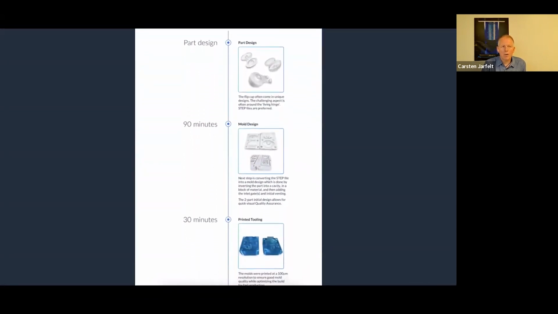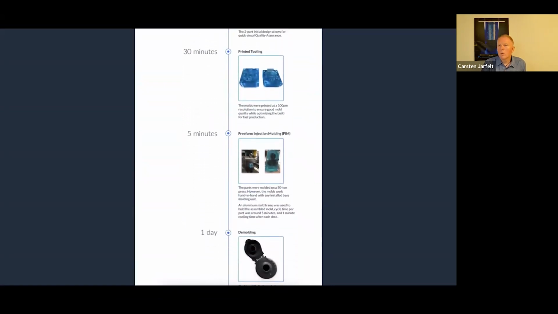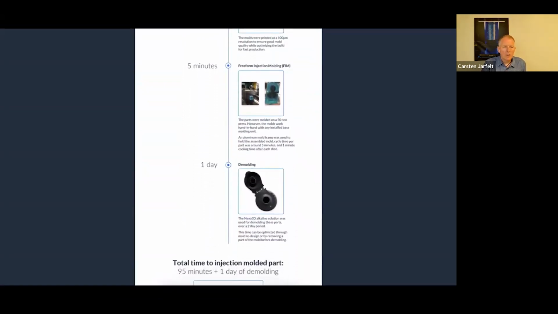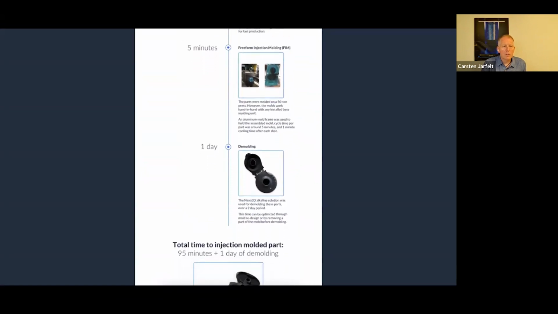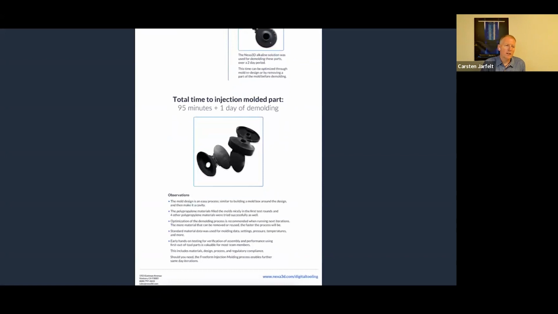as we just showed. You have a part design that you want to bring to life. Then you do a mold design. Then when you've done that mold design, you print the tools to mold the part. And you then mold the tools, then you go to demolding either manually or chemically, depending on that. And then you have a review where you could go, what did this day look like, or what does this week's iterative product development